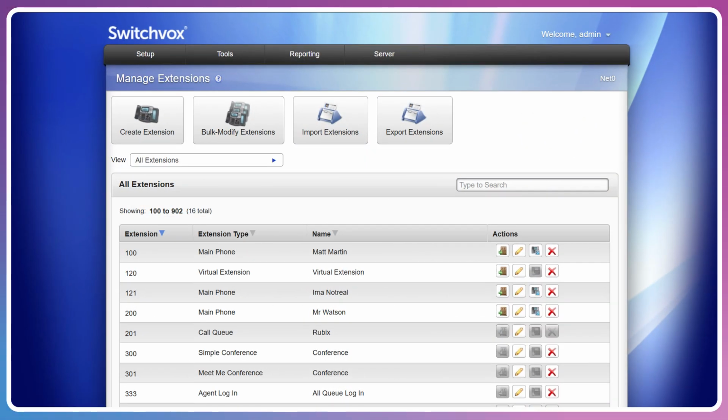There are a few requirements on the network side of the Switchvox to enable softphone usage. As you may recall from the networking security video in this series, remote users have to be authenticated through the Switchvox. In order to do that, we can head over to the access control rules.